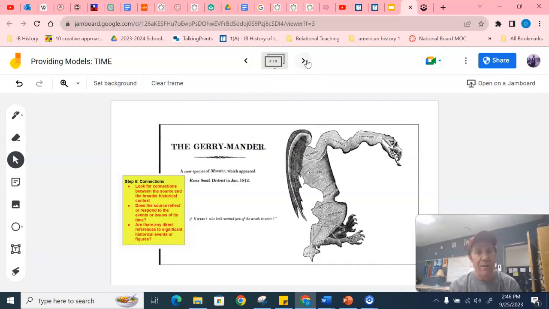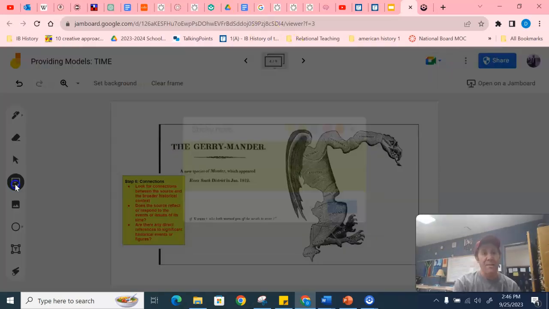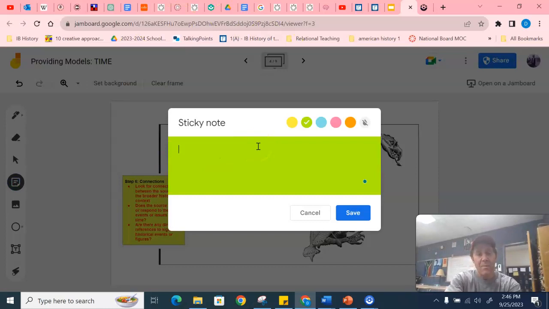Connections. Looking for connections between the source and the broader historical context. In other words, does the source respond to or reflect the events or issues of the time period? Does it make any direct references to significant historical events or figures? And I think that it does. Some connections here. The source definitely reflects